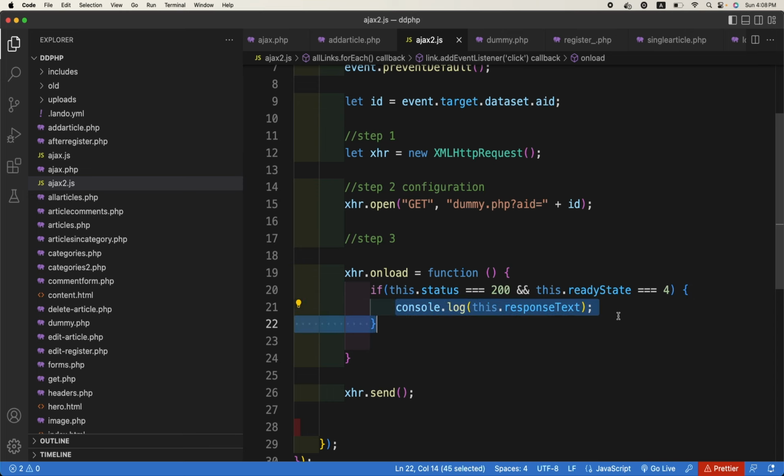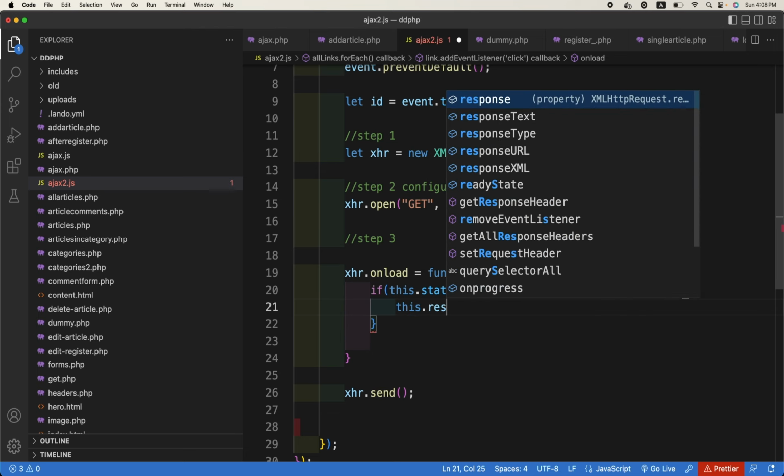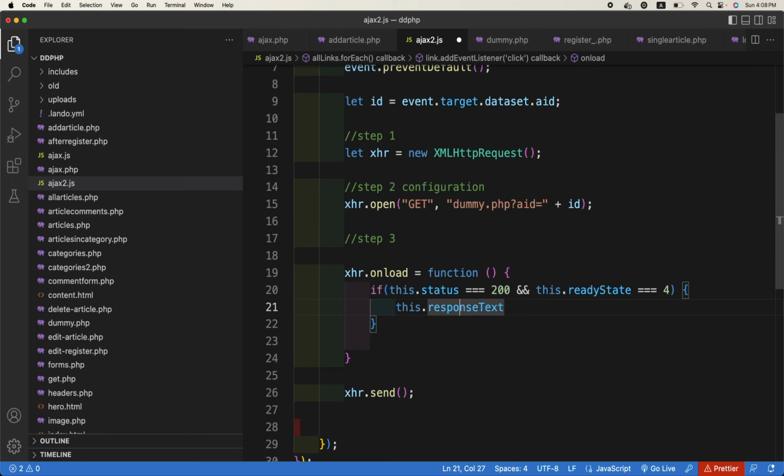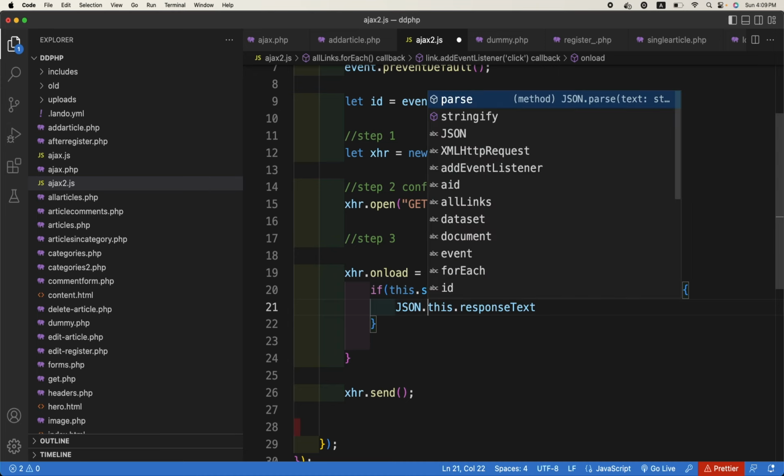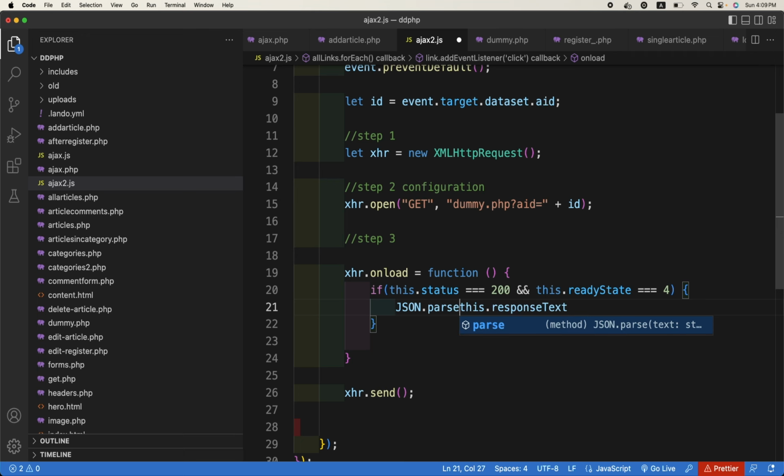But you know it well now, so this.responseText is what? This.responseText is JSON code. But in order to convert it into a JavaScript object, JSON is not a native JavaScript object. It is a notation. Basically, it is text. So in order to change it, what should you do? JSON.parse. The JSON.parse function is used to convert it,